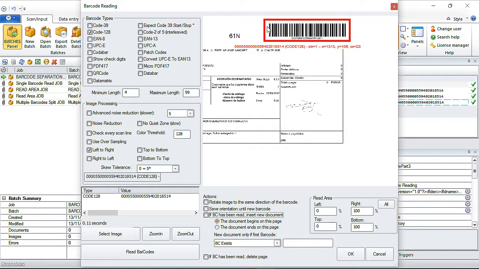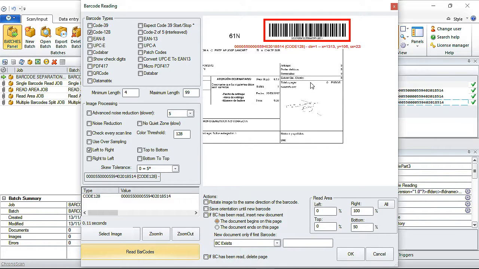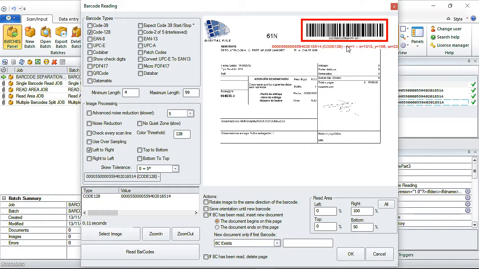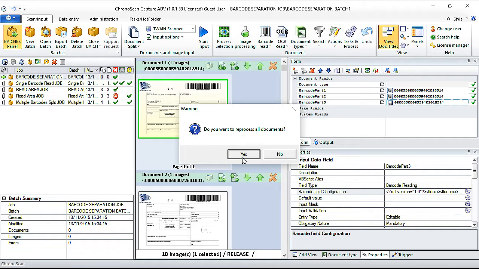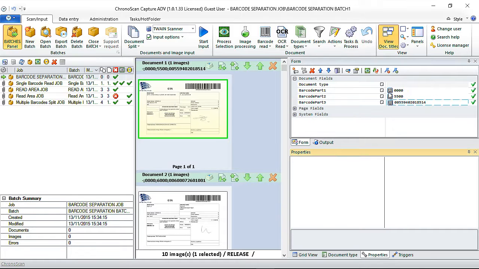And we could even tweak the read area. Again, be very careful when we are doing that. I think I can do a 50 here, and it won't affect. And we could even crop a little bit on the left, but the bottom should be enough to be conservative. I will just click OK, and when it asks to reprocess and I click yes, you will see now the